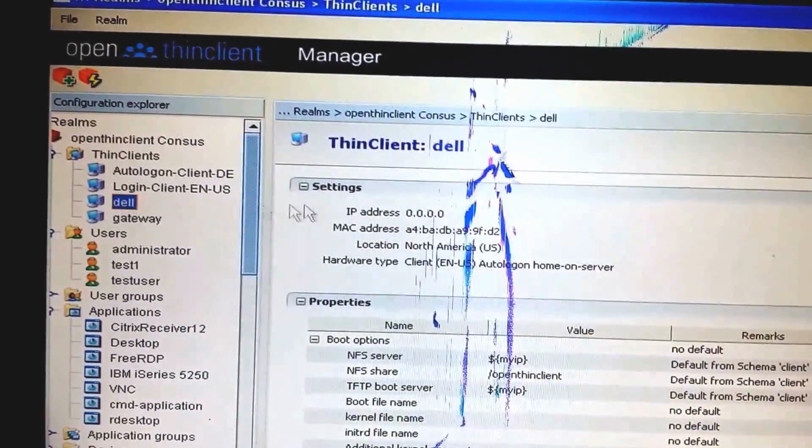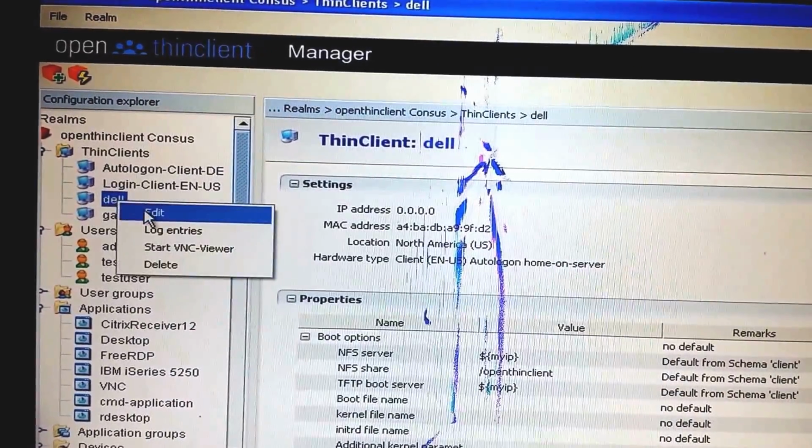server. Okay, so we're going to click on it again, right click at it. Let's play around with the application. So whatever you do on here, like let's say you specify that this machine, every time this machine boots up, it should get these applications, no matter who logs into it. Or you could do it by user. So you can say